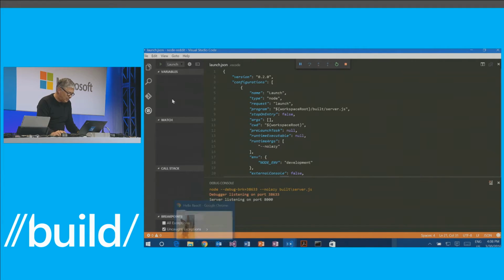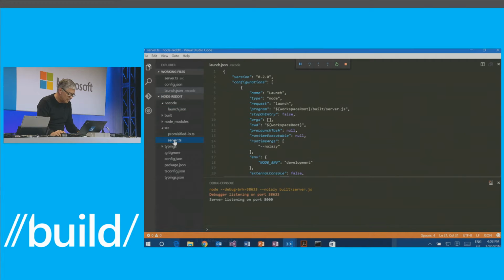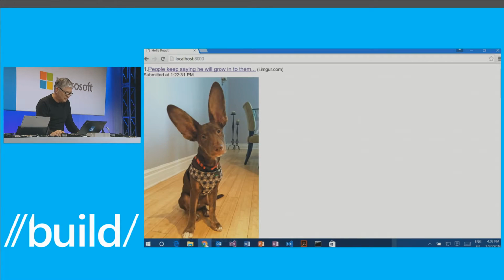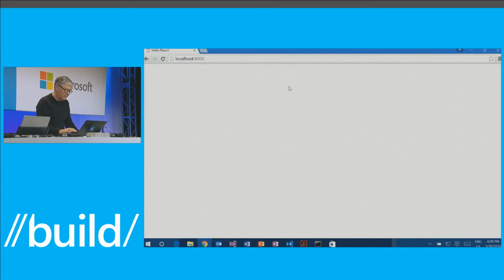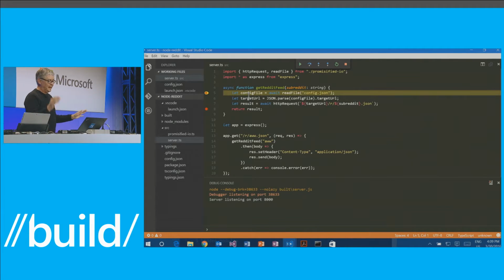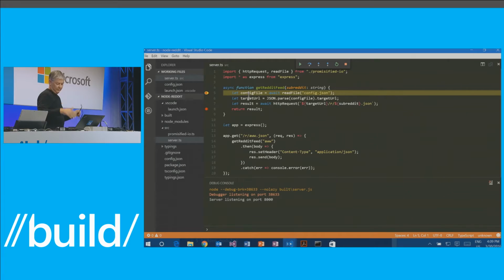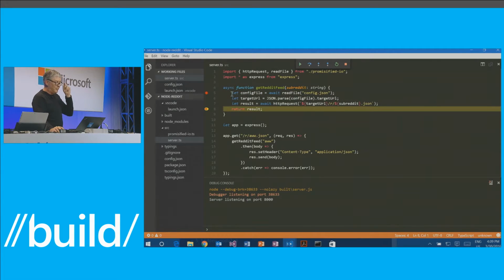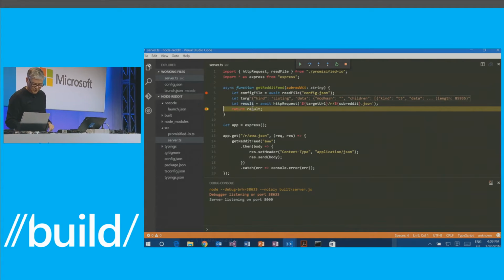And now we can actually go set some breakpoints. So let's go to server.ts, and then let's try to set a breakpoint here. Oops. There we go. And let's set one here. And now let's go to the browser, and if the demo gods are with us, if we refresh, we should hit the breakpoint. And indeed, you see this guy flashing. We have hit the breakpoint inside our node server now, which is pretty cool. Thank you. I actually set 2, so I can continue and hit the next breakpoint now. All my async methods have executed, and I can hover and see the results that I got in my local variables and the entire result that I'm serving back.